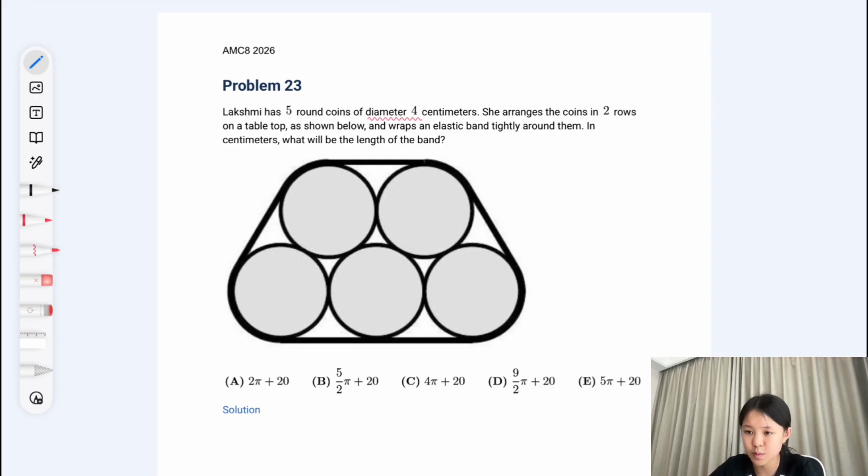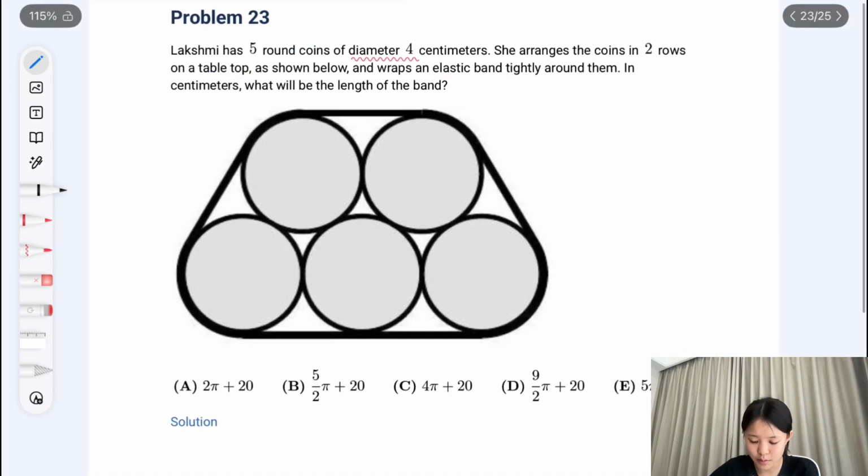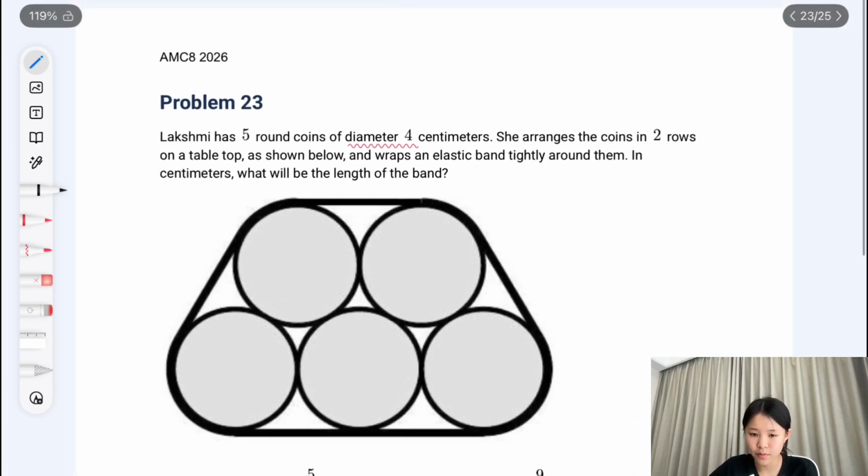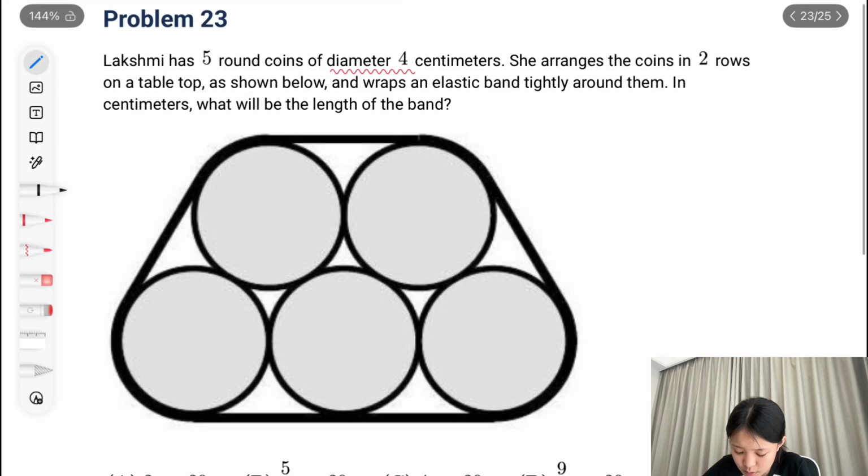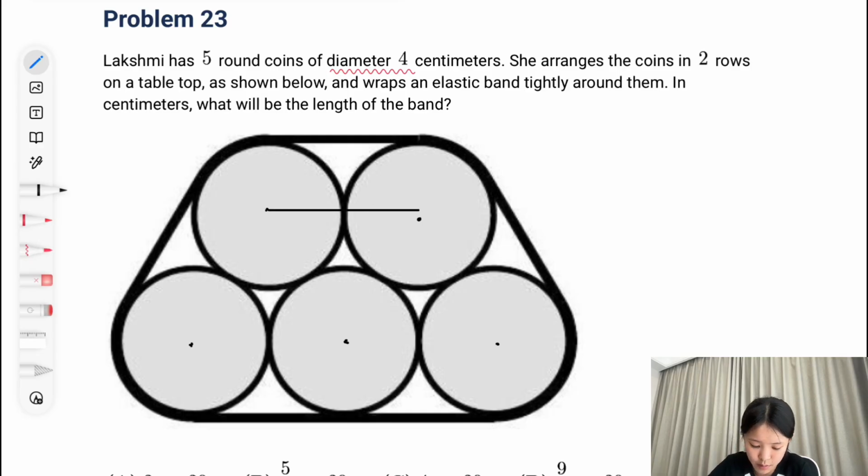So when you're looking at these problems, at first glance they look very complicated. Like, what can I do with this? But first, what you can do is connect all the centers of all the circles, and that'll make all these lines more apparent, and it'll be easier to calculate. So let's connect all of the centers of each of the circles. We can connect these two, and then